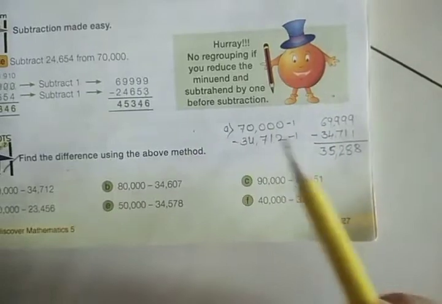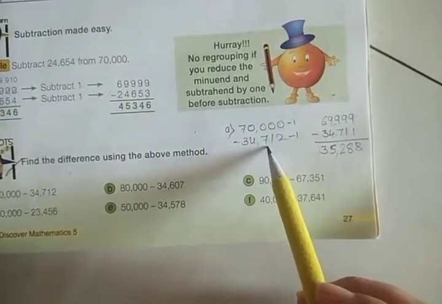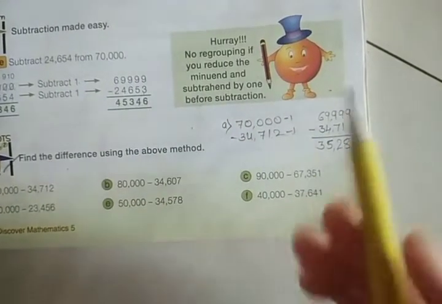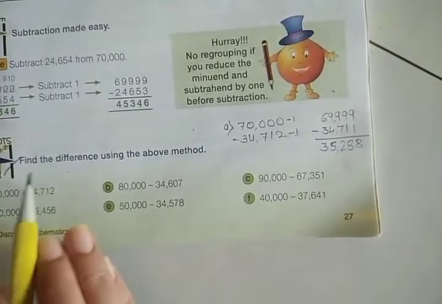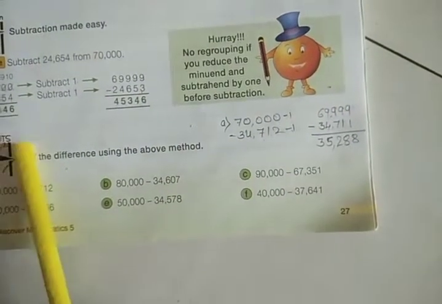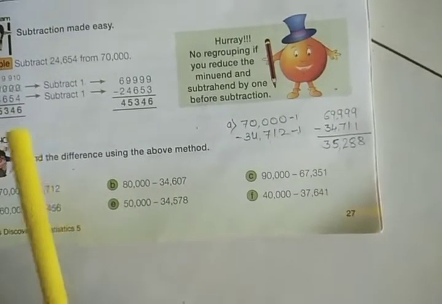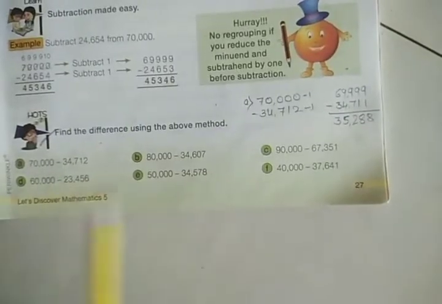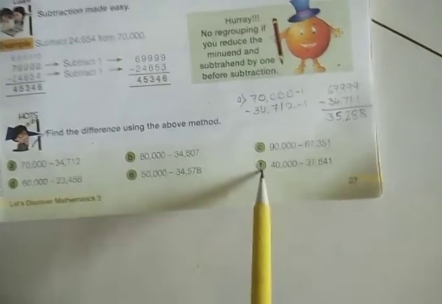That is, subtract 1 from both the numbers. Subtract 1 from both the numbers means you have to write the previous number of that. If you subtract 1 from any number, the previous number will be your answer, that is predecessor. Okay. Now we will solve B, C, D, E and F1 sums and you will send me.